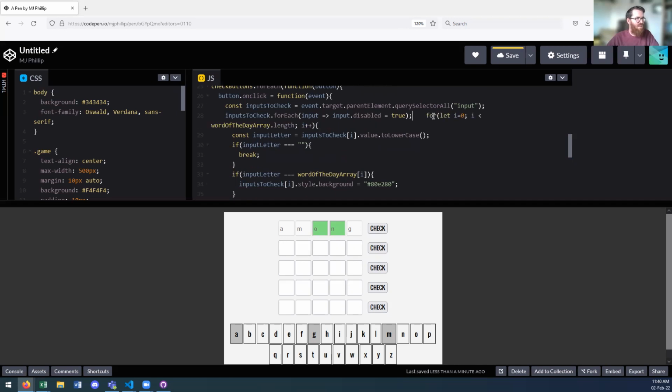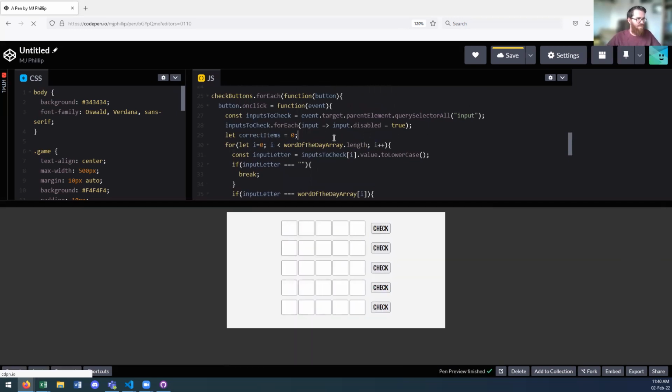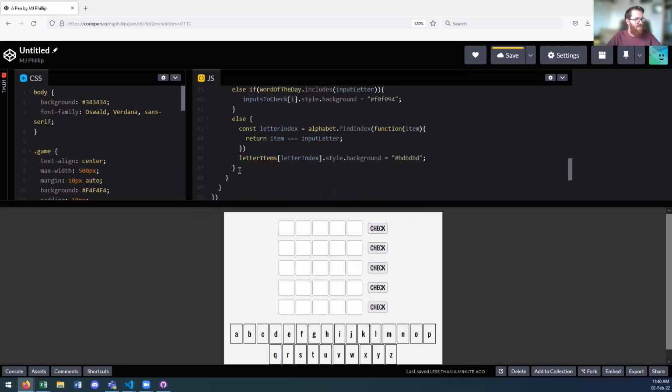create a variable called let correctItems, and I'll have it equal 0. And then inside of my for loop, every time it's in the correct space, so this one is for if it's in the right place, I just want correctItems to increment by 1. So I write correctItems++, so that each time this runs, correctItems will get 1 larger. And then finally at the end,